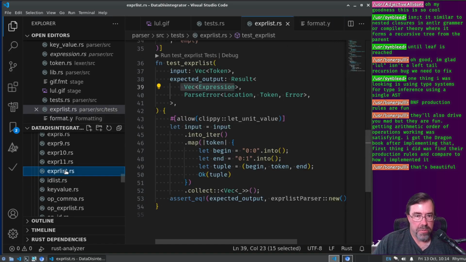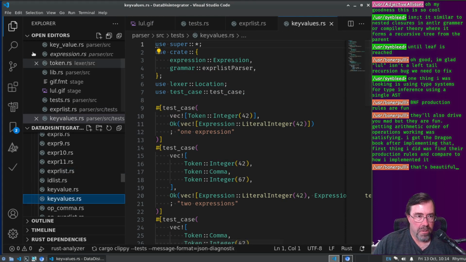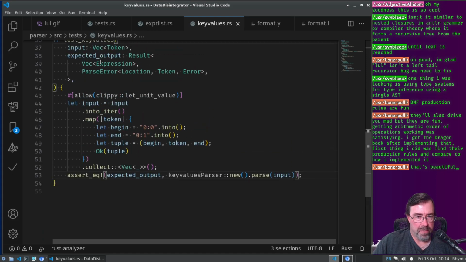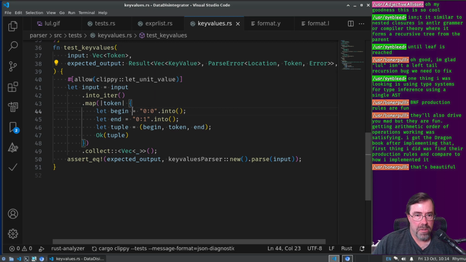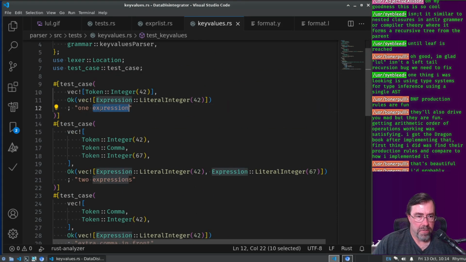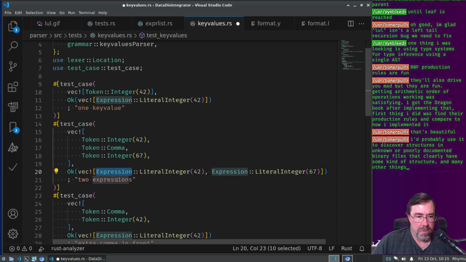How about we copy expression list, and we'll name the copy key values. And then here expression list becomes key values. And the type that we get is a vector of key value. And then the cases here, 1 key value, 2 key values,